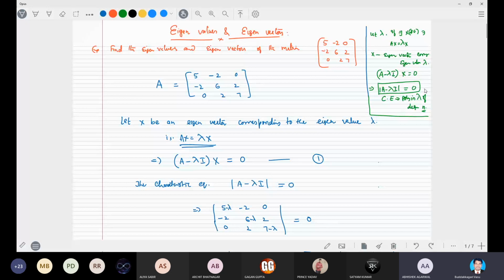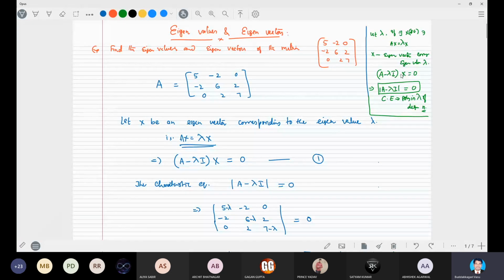Sir, this is a homogeneous equation, and x is not equal to 0, so it has a non-trivial solution. So that's why the determinant of A minus lambda I is 0. So for getting a non-zero solution of x,